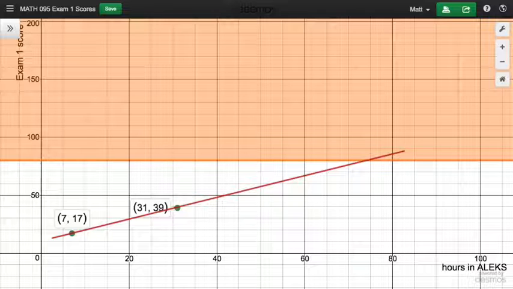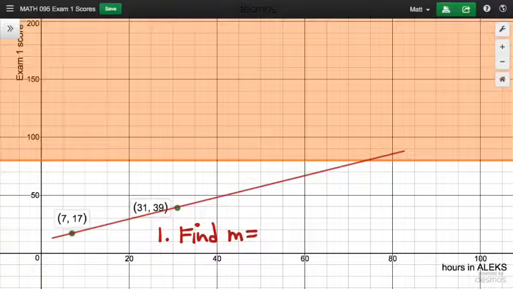But let's actually go in and find the equation for this line and then use that equation to make our prediction. So what's the first step in finding an equation for the line that passes through 2 points? What do I want to find first? The slope, m. And we can find it using what formula? Slope formula. y2 minus y1, so the difference in y values, divided by x2 minus x1, the difference in x values. And so for this particular example,